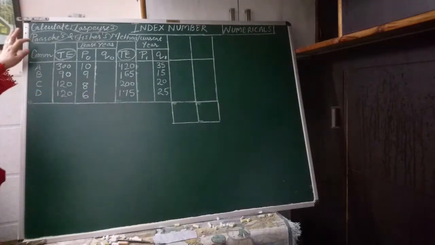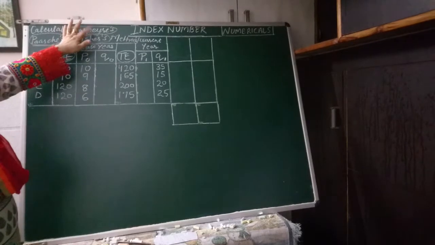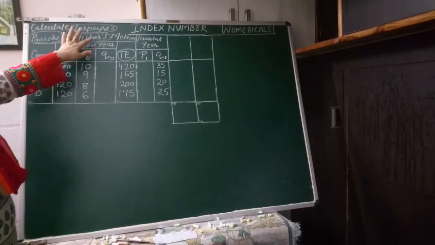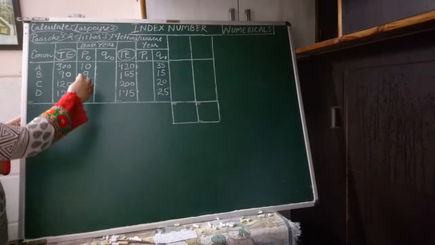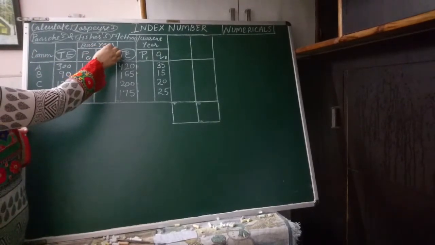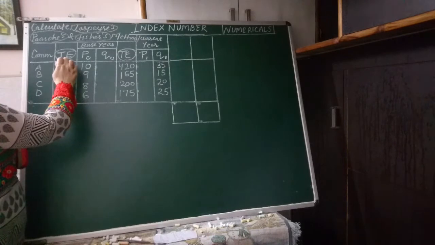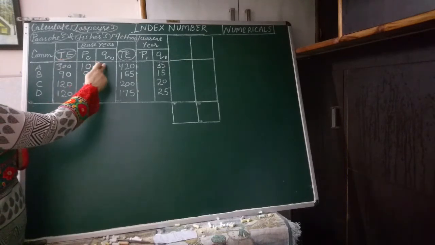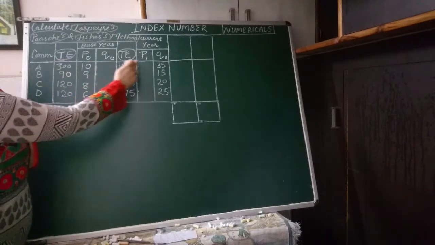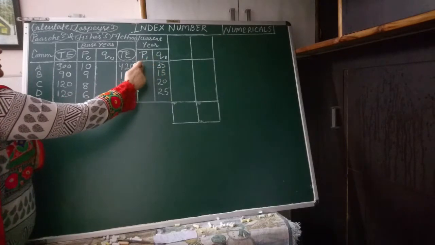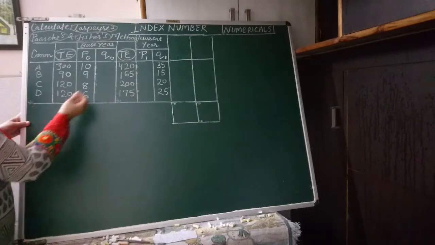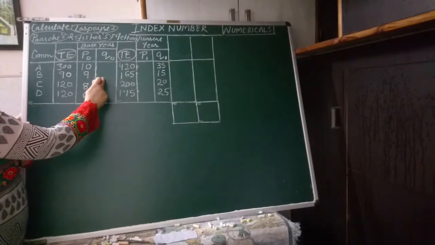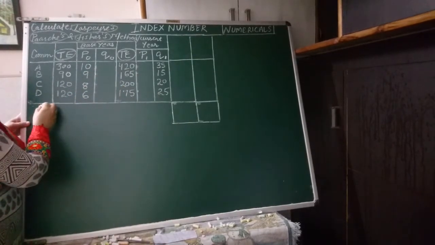In this video we have to calculate Laspeyres method, Paasche's method and Fisher's method. Here the statement is given. Instead of base year price and quantity, quantity is not given, rather total expenditure is given and we have to calculate quantity. Similarly, in the current year, prices are not given, rather total expenditure is given. So first of all, how can this base year quantity and current year price be calculated?